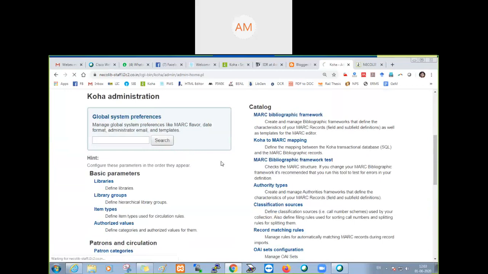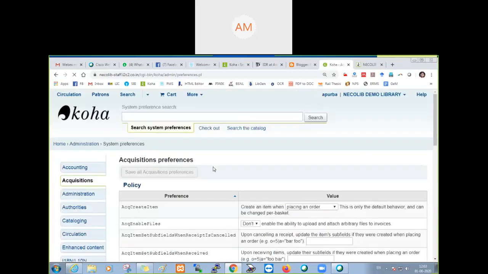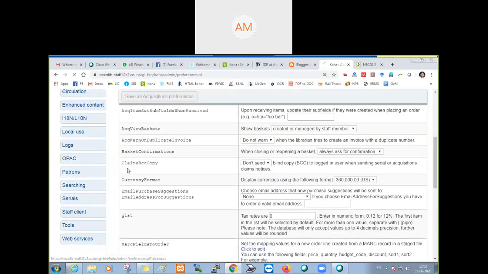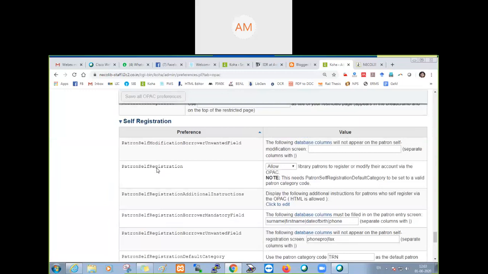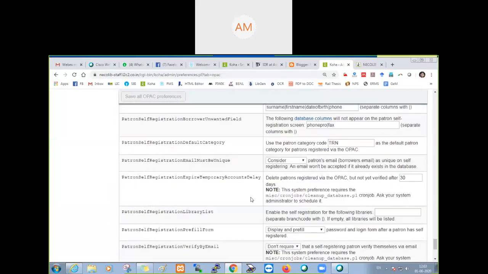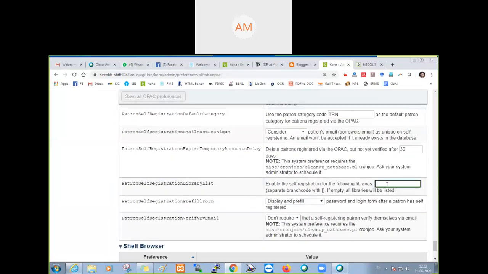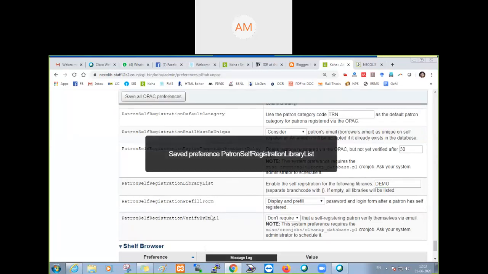Global system preferences, OPAC. We'll search for self-registration and we'll put demo here. So it will be shown here. Now patron self-registration pre-fill form.